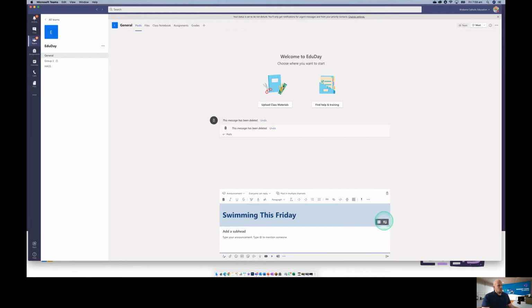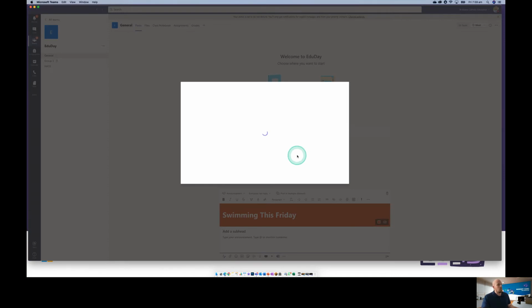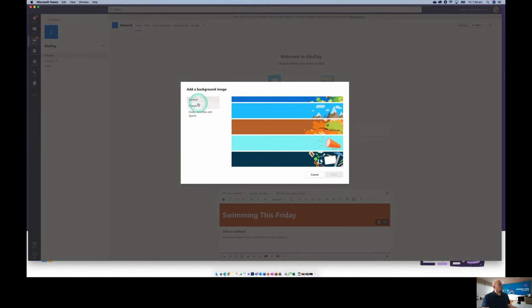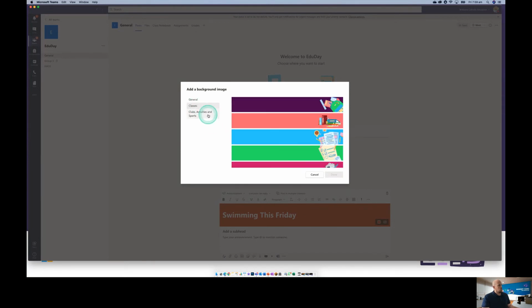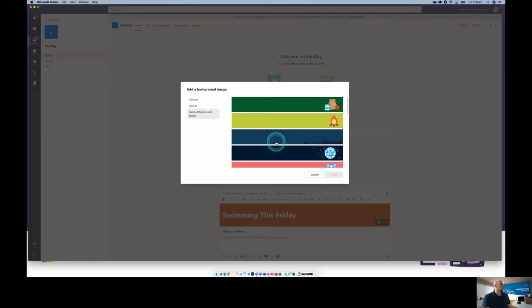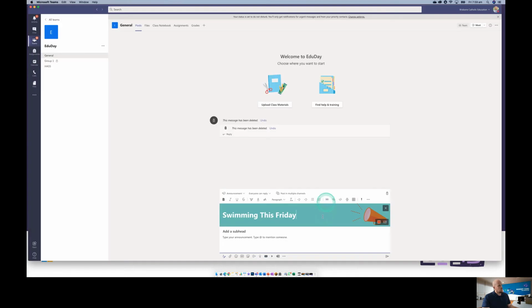From here, you can click over here and choose some different colors if you like. You can click on the little picture tool. You can choose an illustration, or if you've got your own, you can upload your own image. Let's look at some of the illustrations. These ones are provided by Microsoft. You can flick through, and if it's class related or sports or activity related, you can see if there's something here that suits your needs. I might choose just this one here. It just gives it a bit of flair.